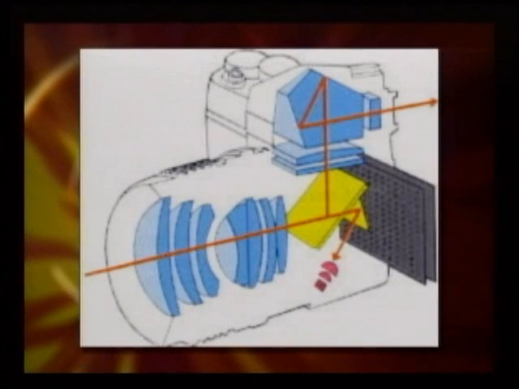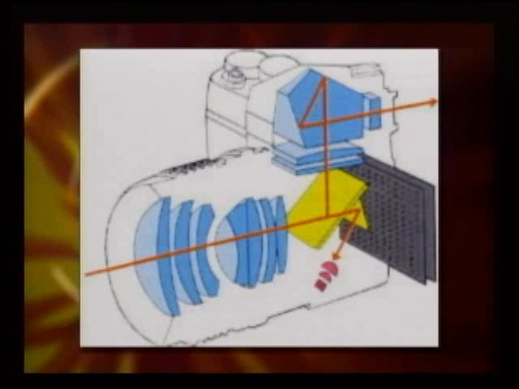In this diagram, you see the light from the image you're taking coming in from the left. It goes through all the different lenses, and then the yellow thing there, that's the mirror. When you're just composing your picture before you take it, the mirror is in the down position like that, and that bounces the light up through the viewfinder. You can see it in the red line. And when the mirror is in the down position, you can see that some of the light passes through and bounces onto another mirror and down to the bottom. And that's how the camera is able to do autofocusing and register the exposure.